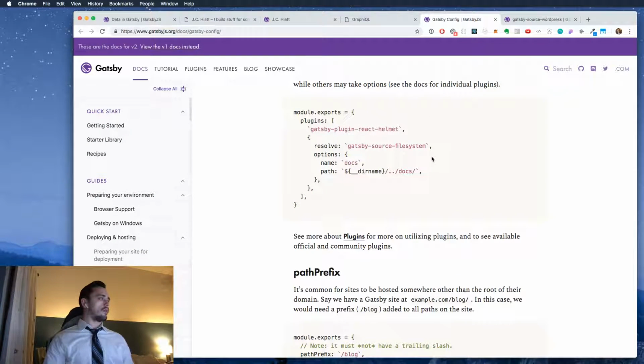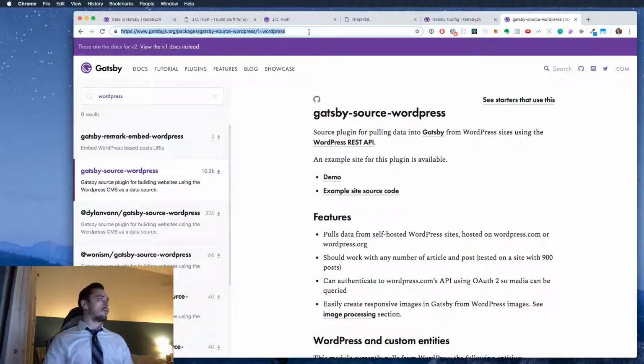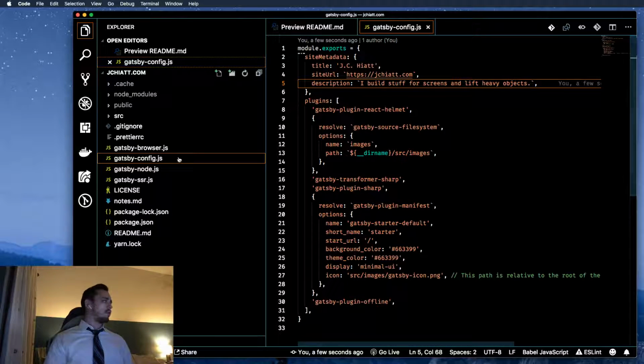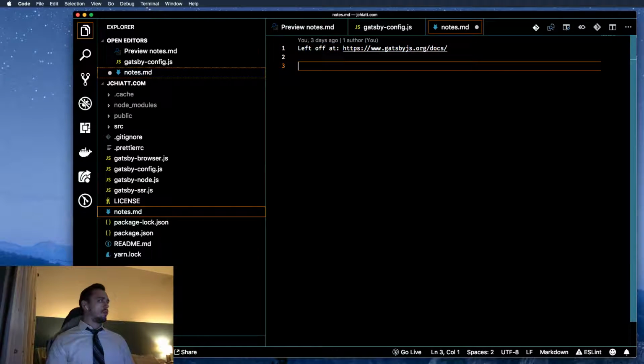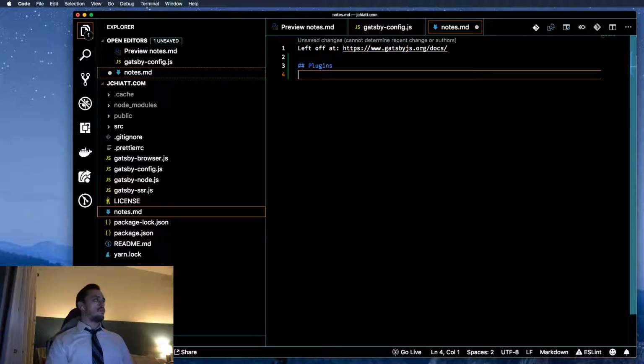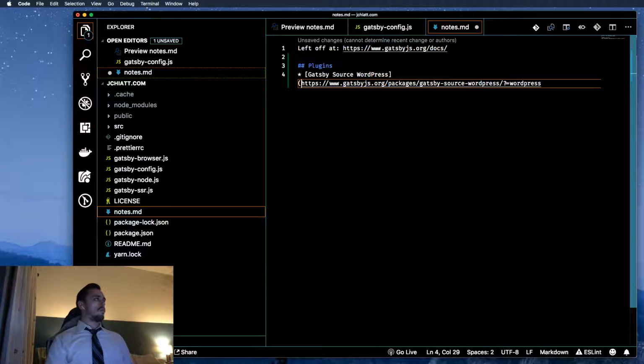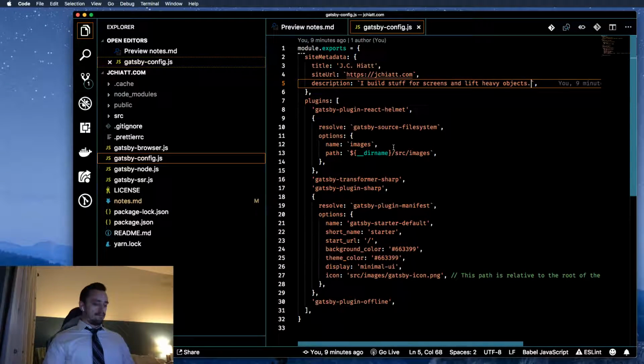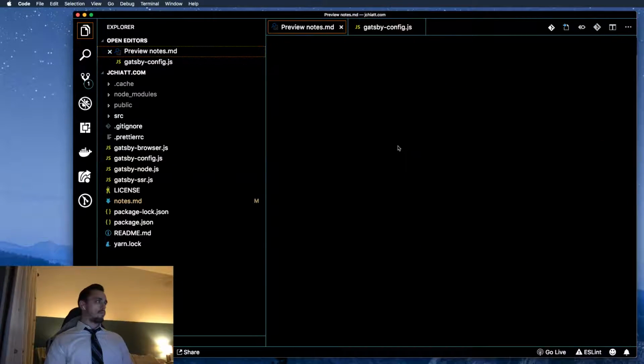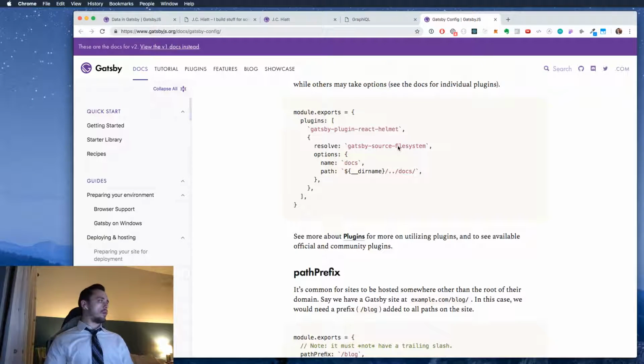So I'll circle back around to that, but for now, I'm going to copy this URL, and I'm just going to put it in this little catch-all here. Plugins. Gatsby source WordPress. Okay. And next,